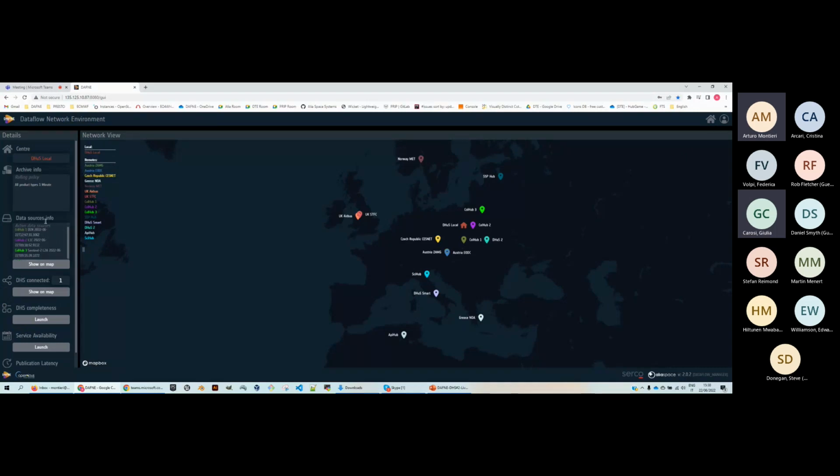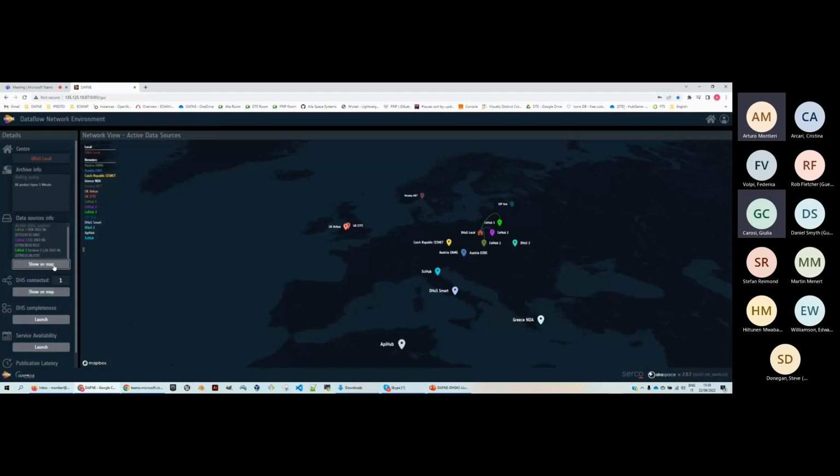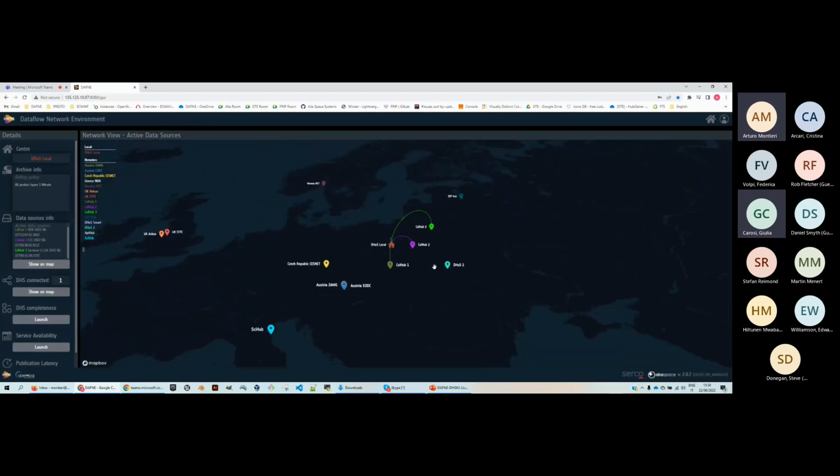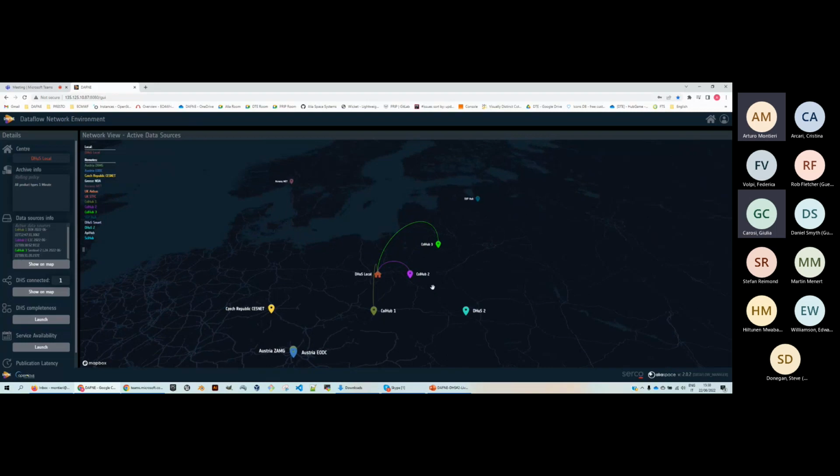Starting from the info reported here in data sources, we see that we have 3 different data sources, and we can show on map, click on this button, and we will see that